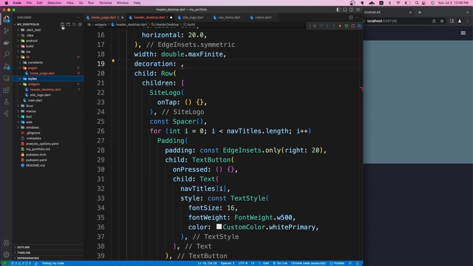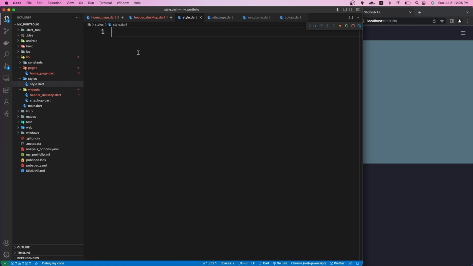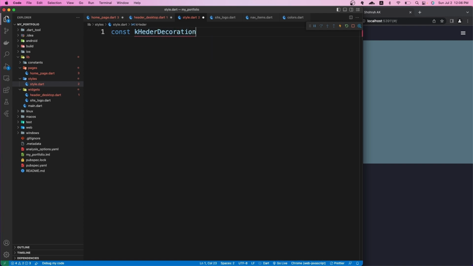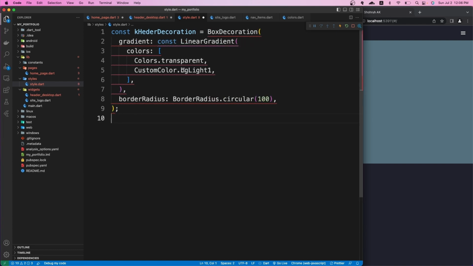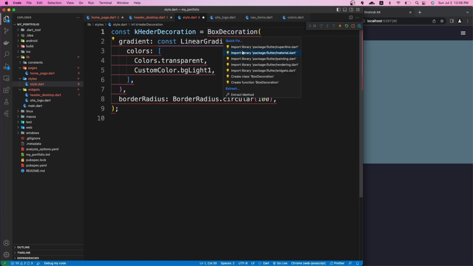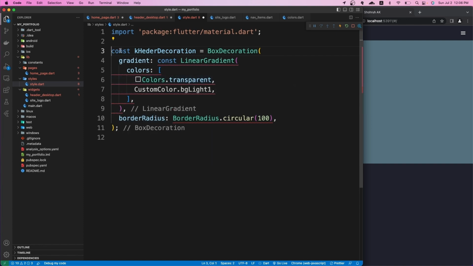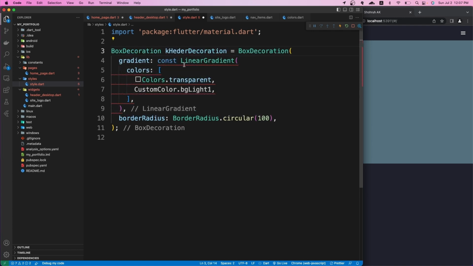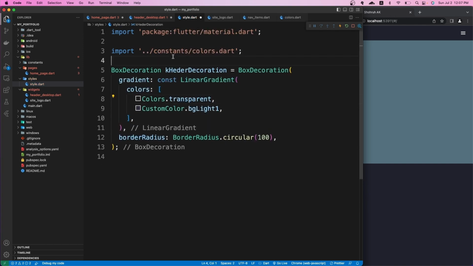I'll create a new file. The name of the file will be just style.dart, and here I'll create a new const, and that will be kHeaderDecoration, something like this. I think if I import it, hopefully they should not be. Let's try to remove this, and let's make this box decoration. Okay, we need to import all of our colors. All right, now I can actually use this kHeader